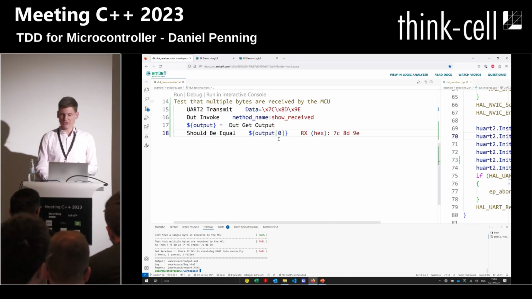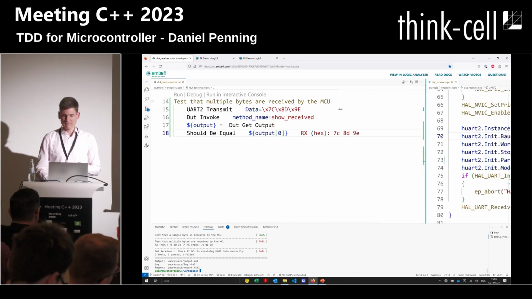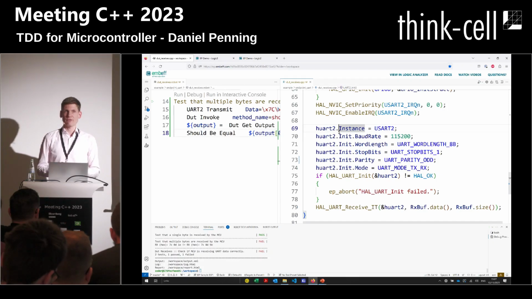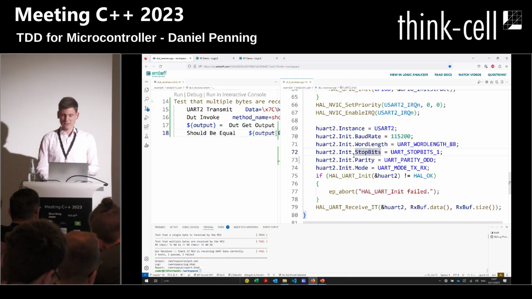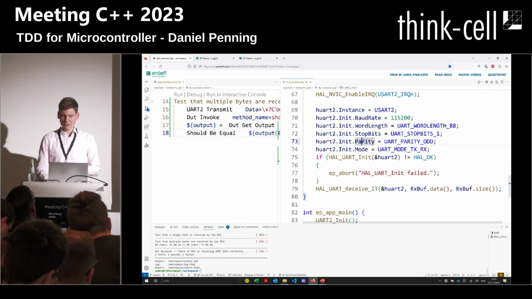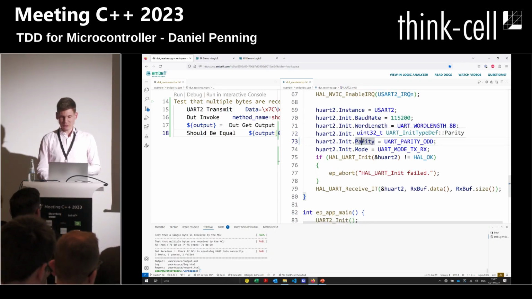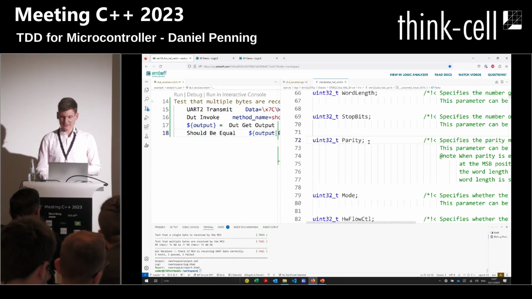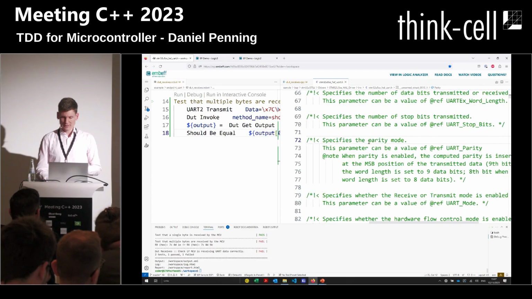So obviously, our change didn't work. And for most setups, this would have been caught only in production later. But we want to do test-driven development. So we can take a look at the implementation again. We set the parity. And maybe we are lucky and the ST documentation tells us what the parity is doing. And yeah,